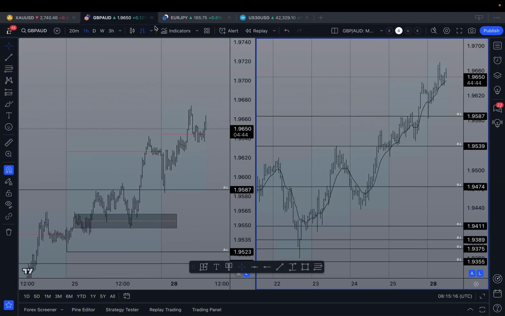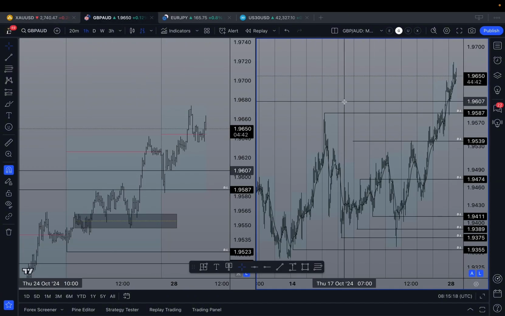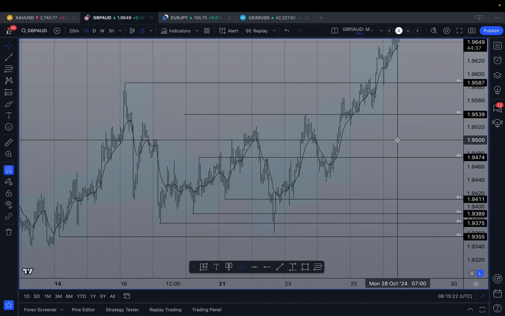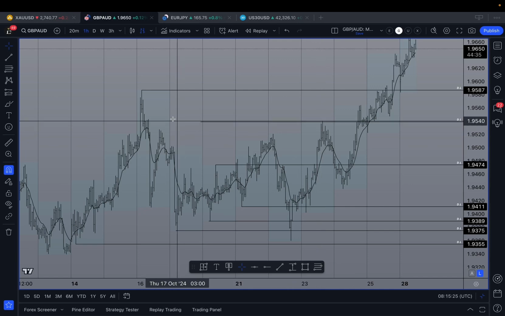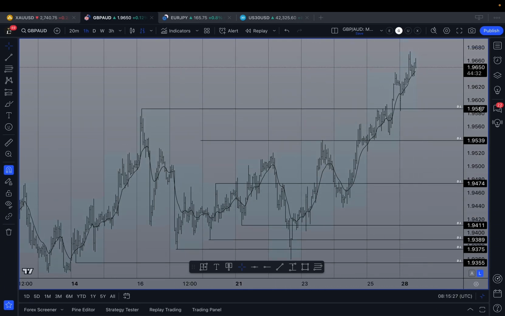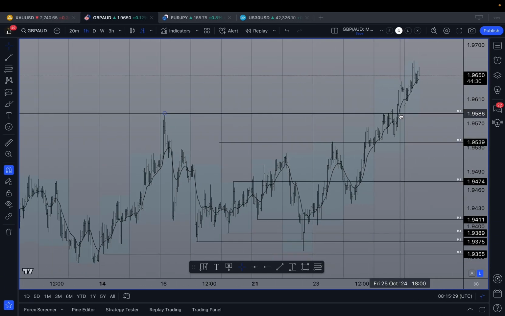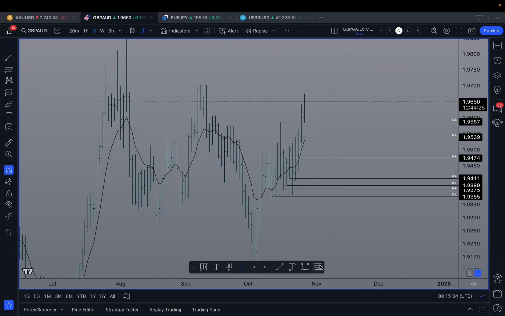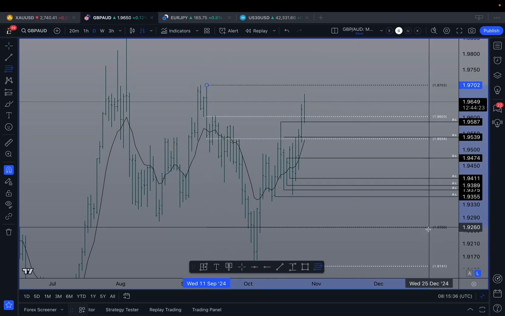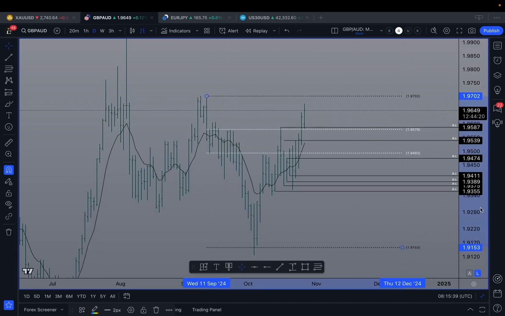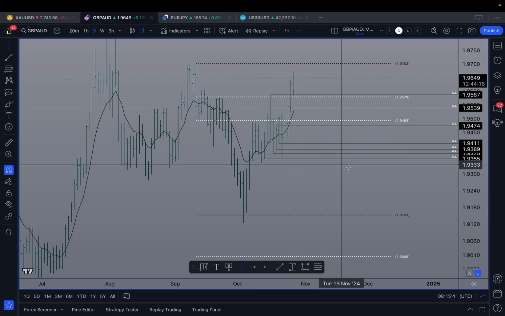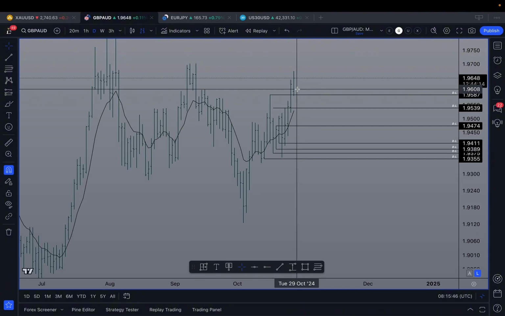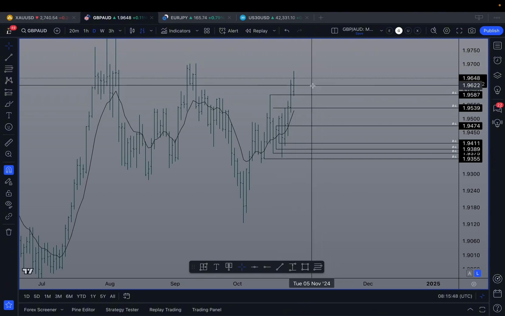GA is going on a mad tangent, and I had one nice trade on this last week, but I didn't hold it long enough. My first GA trade in a long time. I came up to here, but I knew it was going to take out this high and just continue to process through. And what we're looking at right now, if we look at the day, very simple context here as well. If we just do a quick measurement, again, we don't have to get into too much aggro. We've already taken out those areas, probably around 88% right now. We've hit the 1.